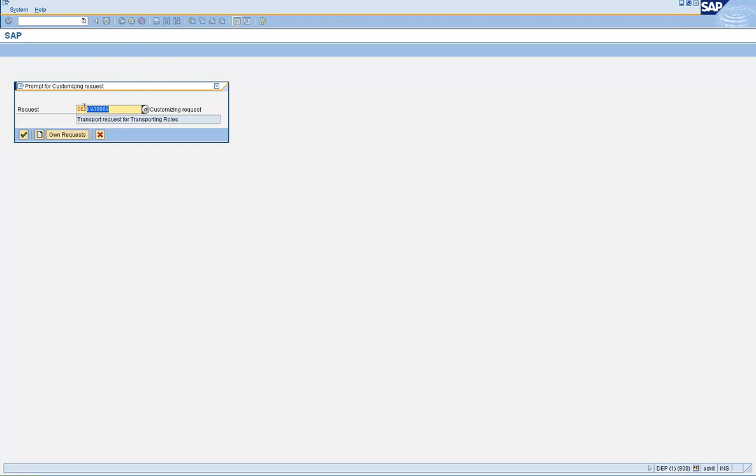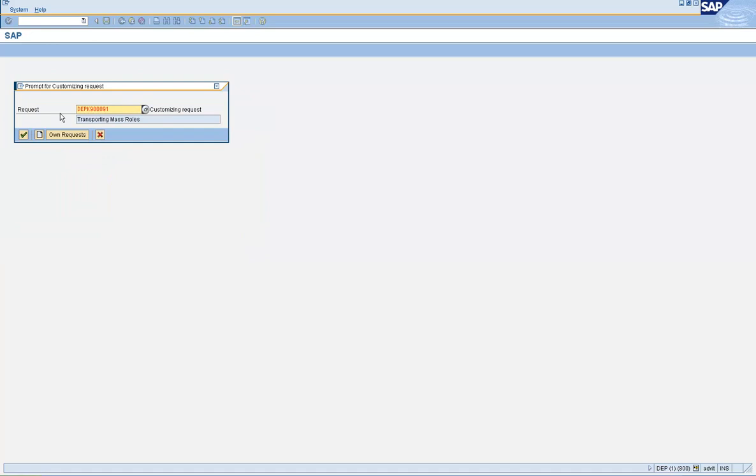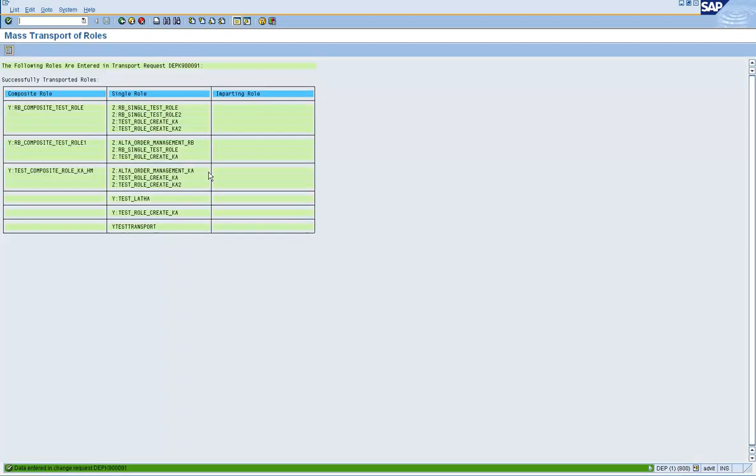Now if you want to create a new transport request, click on the create icon and say transporting mass roles, and a new transport request is created. And all the roles which are part of the pattern that you have given will be included in this transport request.